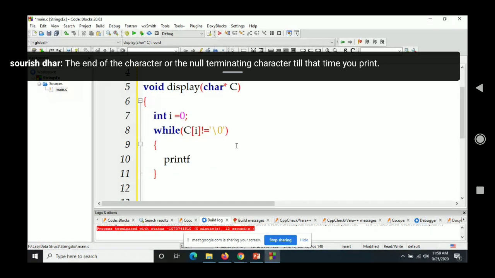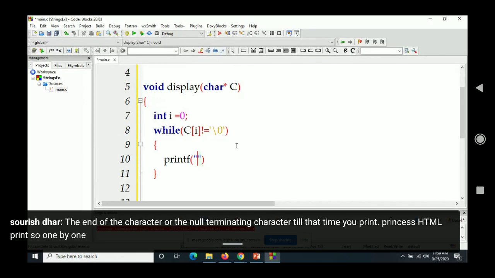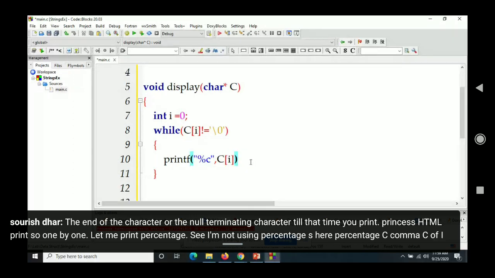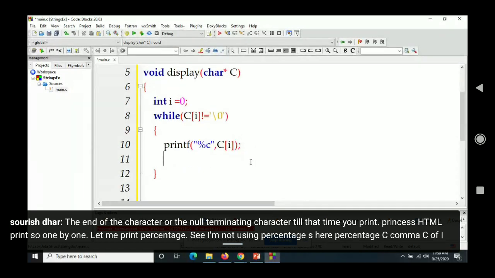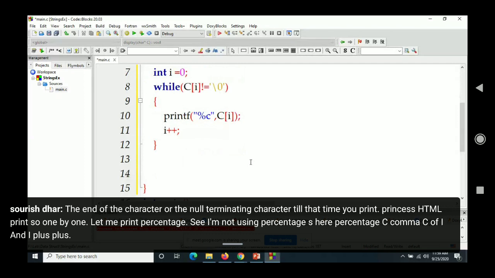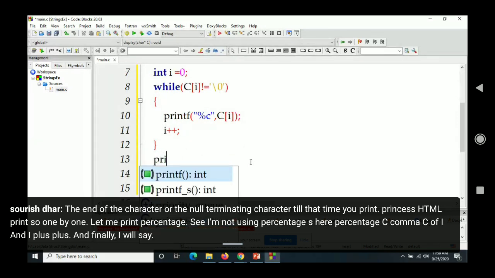Now, printf. This time I'll print one by one. Let me print %c. I'm not using %s here. %c, comma, C of i. And i plus plus. And finally, I will say printf '\n'.